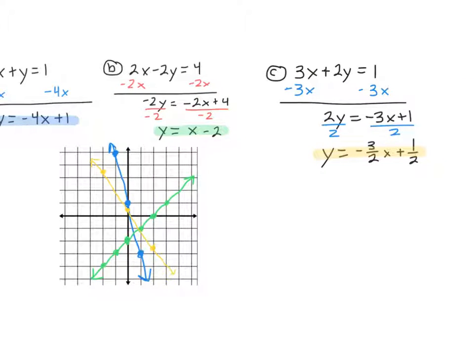And for part C, this was the challenge problem. Subtract 3x from both sides, divide both sides by 2. But look, 2 doesn't divide evenly into negative 3, so we have a fraction, negative 3/2 x. And then 1 is also not divisible by 2, so we have another fraction. I can see that my y-intercept is right here. It's at 0, 1/2, so I had to estimate where 1/2 was. And then my slope tells us to go down 3, right 2. Down 3, right 2, and you have to estimate. Or up 3,